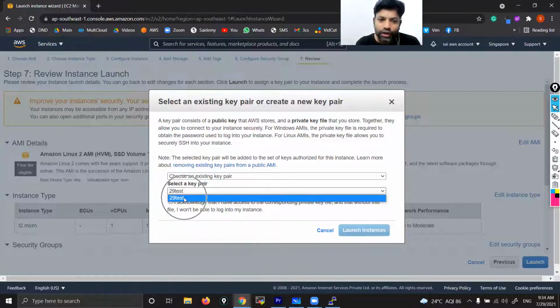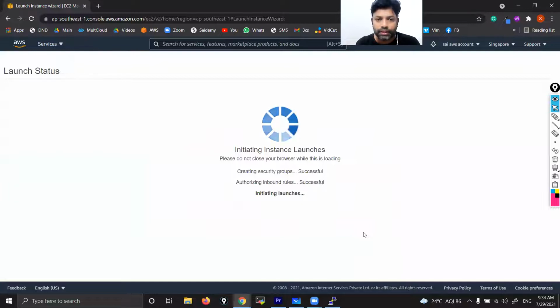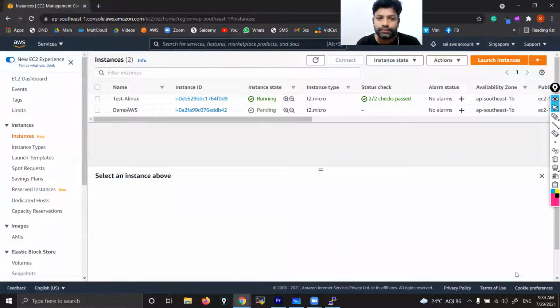Right now we have only 29 test, because in the beginning of class we created only that key pair. So select that key pair, acknowledge, and launch instance. That means we selected an existing key pair and we are clicking launch. Got it? Now view instances. These are the new instances.